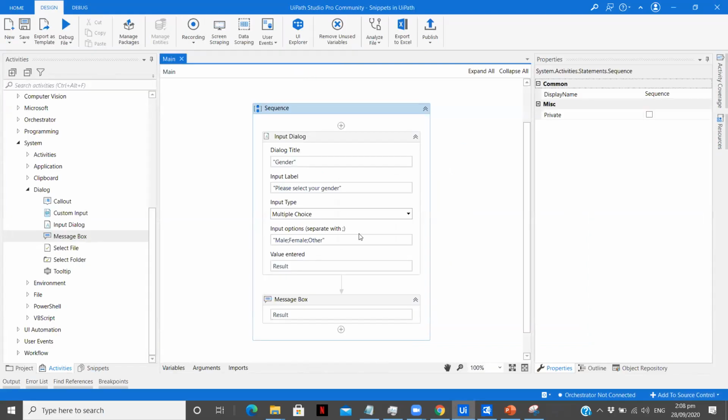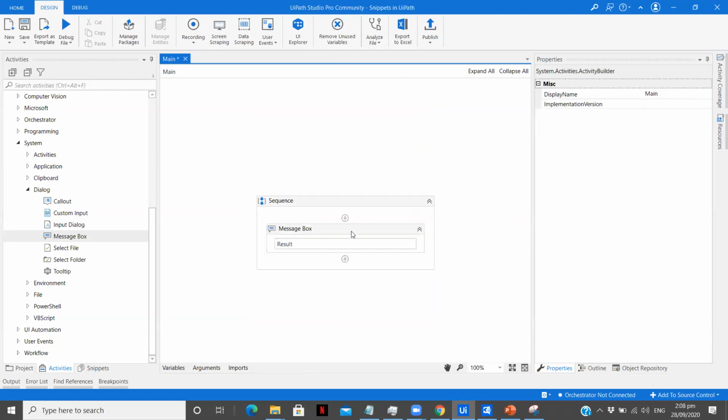This is a very good feature. Suppose the user enters two numbers using the text box, and then we want to ask what operation he wants to perform. If he selects sum, we do the sum; if multiplication, the multiplication; if division, the division. We can have a switch case after this input dialog, so whatever operation he selects, we can take that output and perform the further task. So this is how we can use input dialog in two ways: one was the text box and the second was the multiple choice. Now let me delete this.